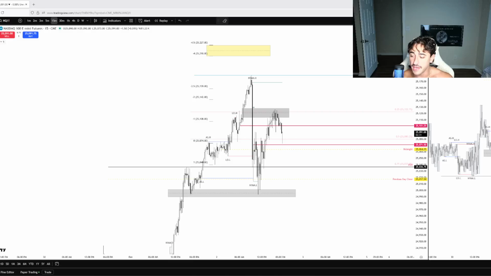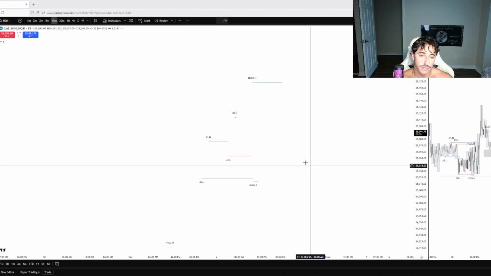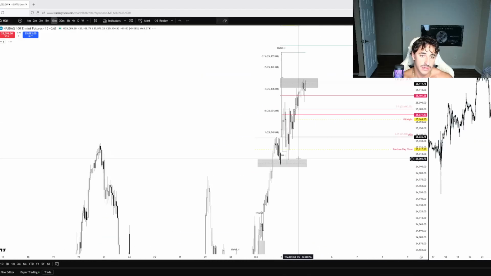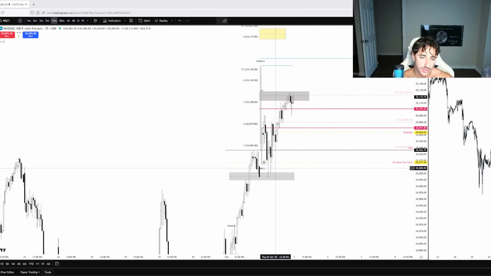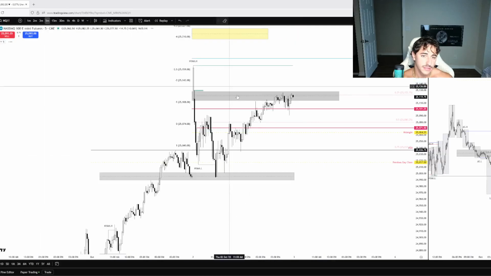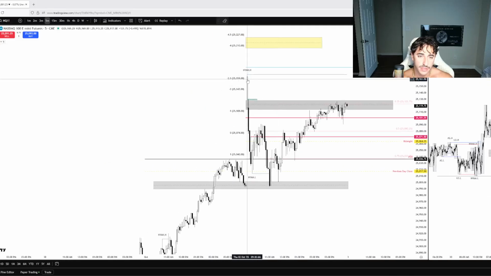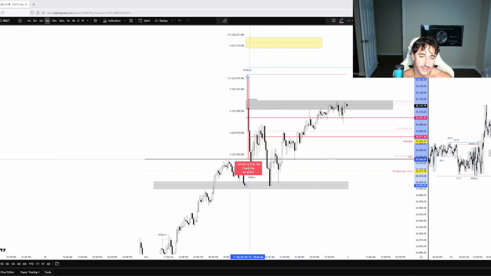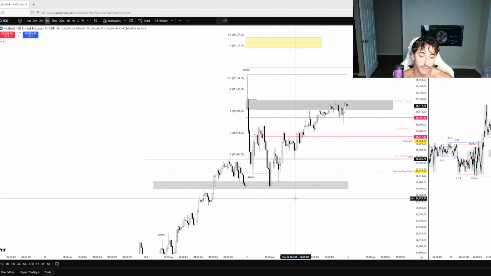Now, on top of this, I also realized that we were going to have a regular trading hours gap, overnight gap, whatever you want to call it. Here we go. So I'm not sure why it looks like this. It should not. Okay, so this is where we open right here, right? So this move right here, this entire thing is a gap. 165 points is the overnight gap. So I want to see this get filled, at least 50% of it. So